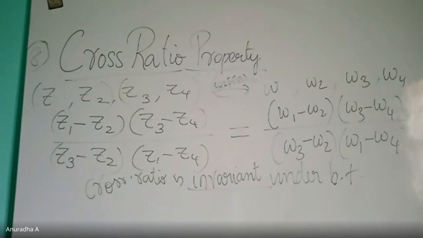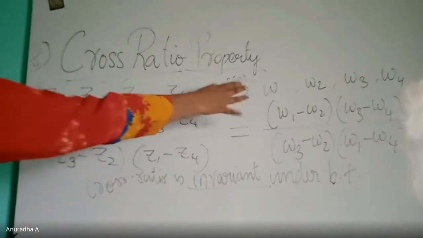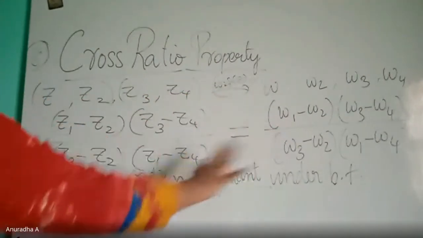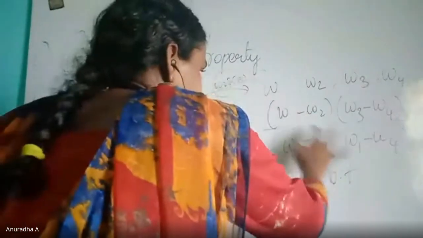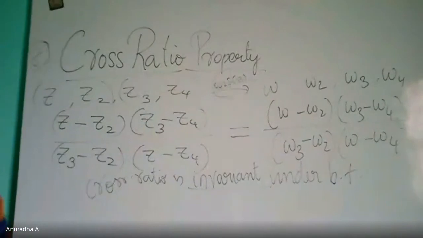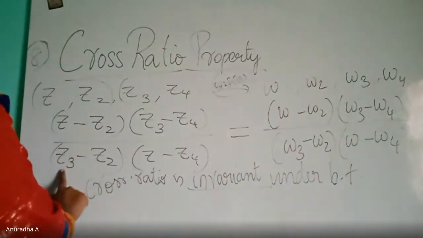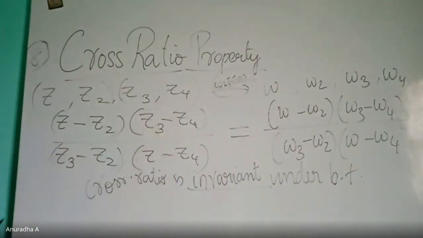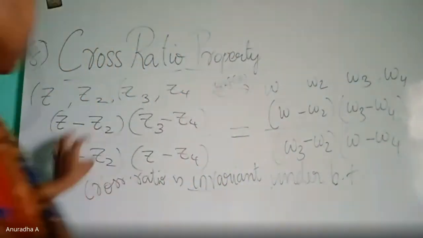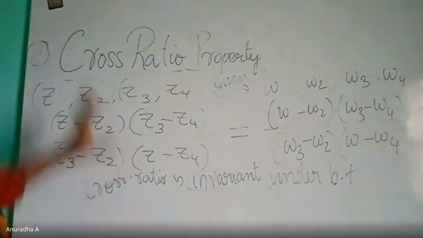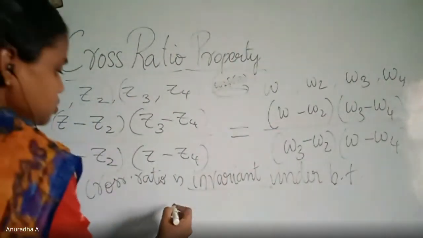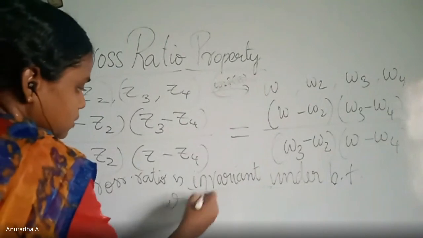What we will do is, we know that if it is going to be a bilinear transformation, it should satisfy this. So in this, wherever 1 is there, we will write just Z and W. Z2, Z3, Z4 will be given in the question. W2, W3, W4 will be given in the question. We can substitute that. So here Z will be the unknown, W will be the unknown. Simplify. Find out what W equal to F of Z is.